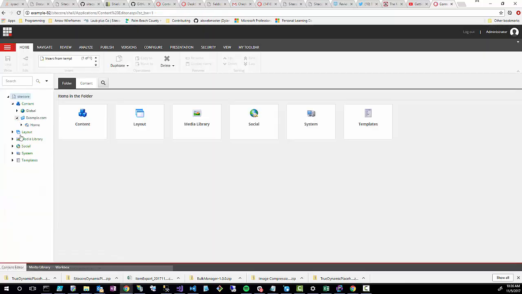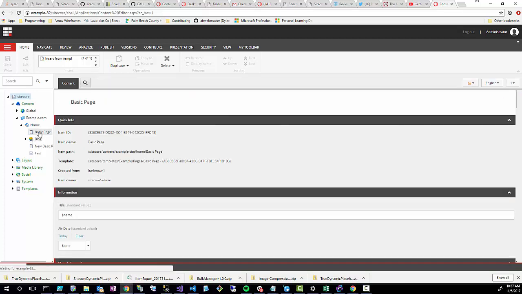You probably already know that everything that you see inside this content tree over here on the left, I'm using the content editor by the way, all these items are items. But what you don't know is that you also have a version to every one of these items. So by default, you're probably going to be using the English version, version 1 of this item, but you can start creating new versions of the item as well. It gets a little strange when you start doing that to templates and things like that. I would avoid that, but